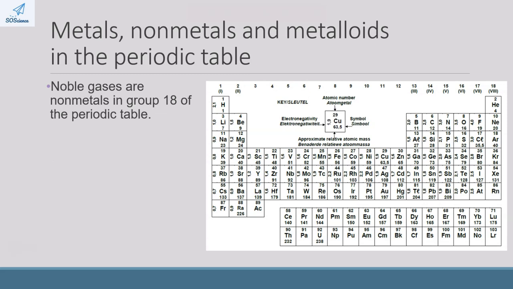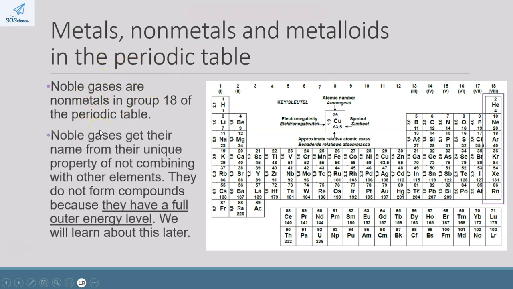Noble gases are nonmetals in group 18 of the periodic table. Helium, neon, argon, krypton, xenon, and radon are all examples of noble gases. Noble gases get their name from their unique property that they do not combine with other elements to form molecules